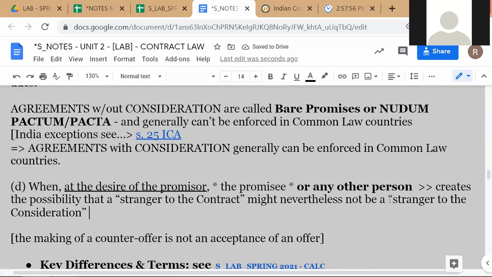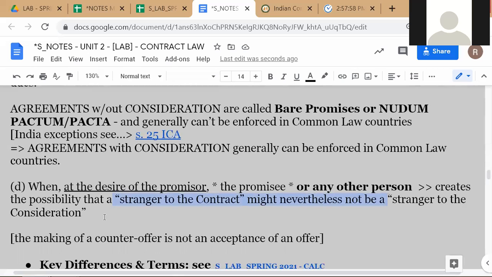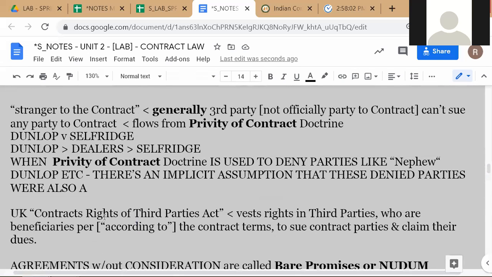That means no consideration flowed from these people, and therefore they could not possibly be allowed to sue. This is what is implicit in the privity of contract doctrine being used to deny people like the nephew and Dunlop. There is an implicit assumption that because you're not a party to the contract, no consideration flowed